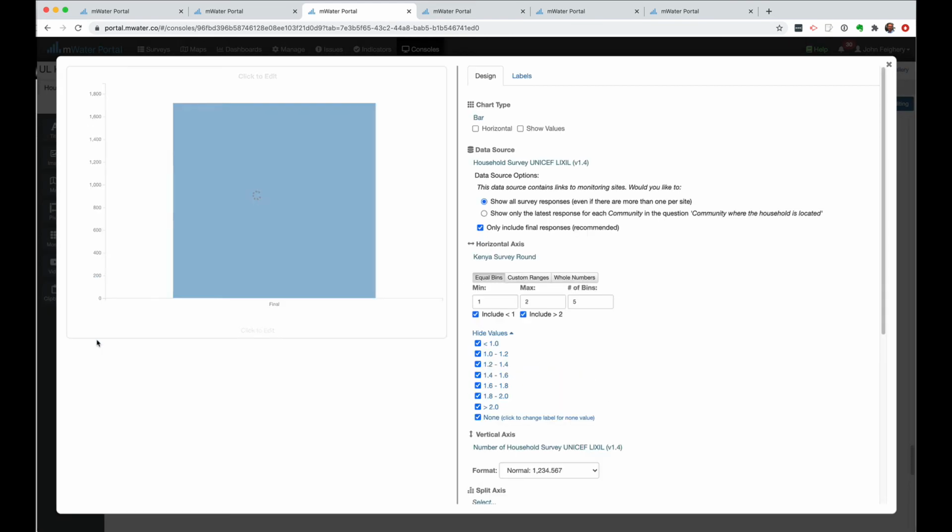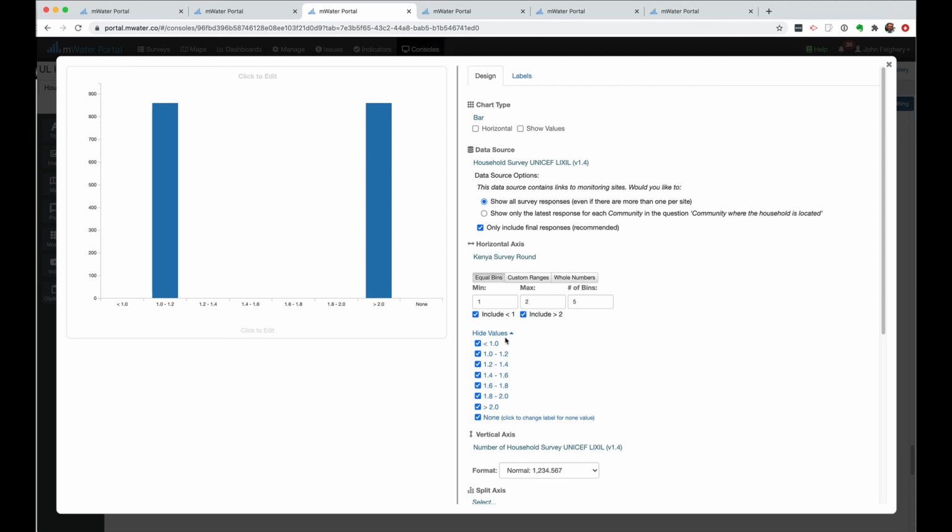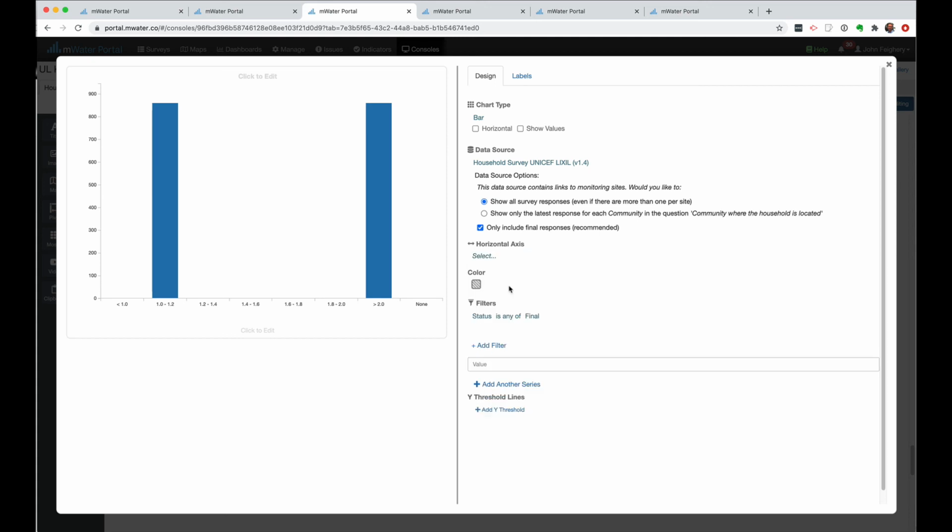So if I click on that, now there's a problem here. You'll see that's a number. It's 1 or 2, but MWater doesn't know that it's only 1 or 2. It thinks it's a number that could vary anywhere between those numbers. So it puts it into these bins. Not exactly what we want. We could mess around with the bins and take them out and stuff, but what I tend to do instead is, instead of going that way,